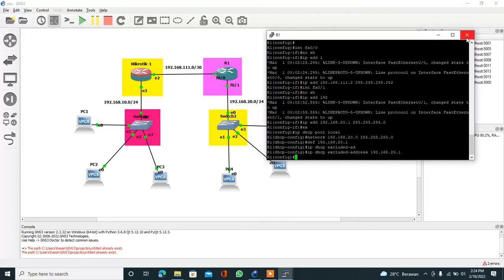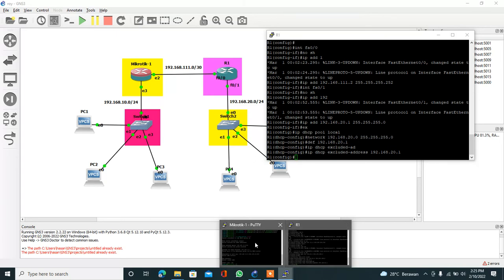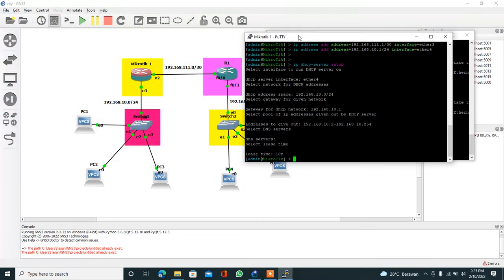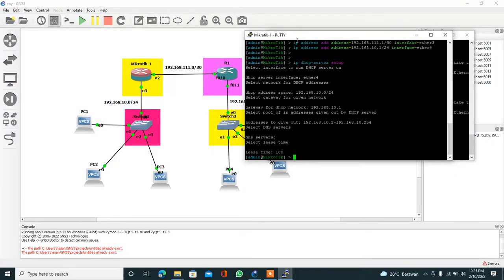Okay, next we will enter the configuration for integration of dynamic routing, BGP implementation. First, enter the PuTTY session of the MikroTik router. Enter the command routing bgp network add network 192.168.111.0/30.